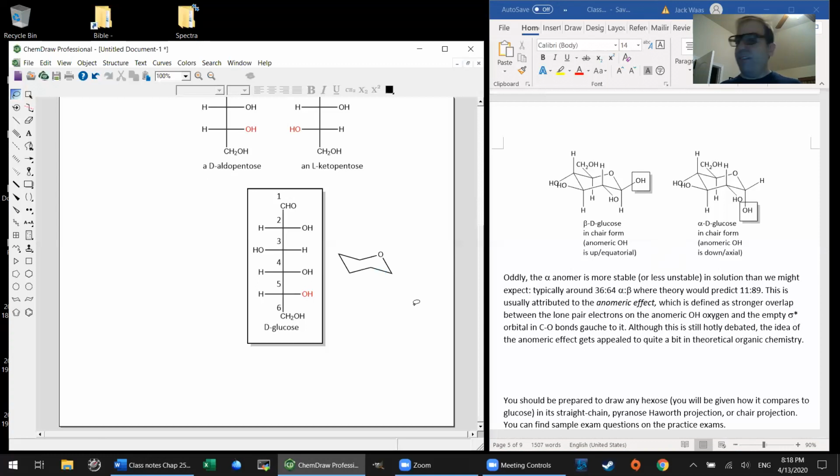It is very easy to memorize glucose in the chair form, because apart from the anomeric OH, which can be either up or down, right? If it's up, then it's beta, and if it's down, then it's alpha. All of the other non-hydrogen substituents in both cases are equatorial. I don't know why that is. I think it's just a coincidence, but it's a very useful coincidence and makes it real easy to memorize the structure of glucose in the chair form, provided that you're aware that the chair has to be this exact shape and that exact position relative to the viewer's eye, as opposed to any others.